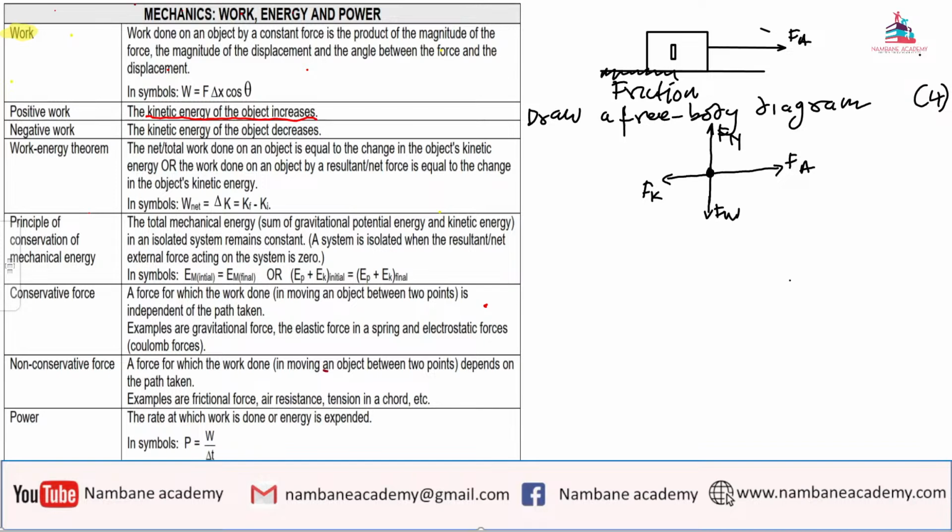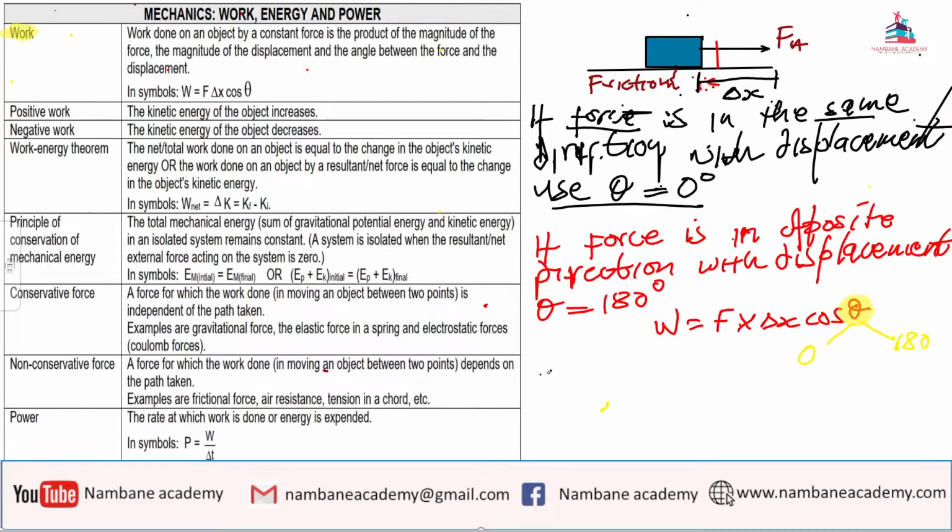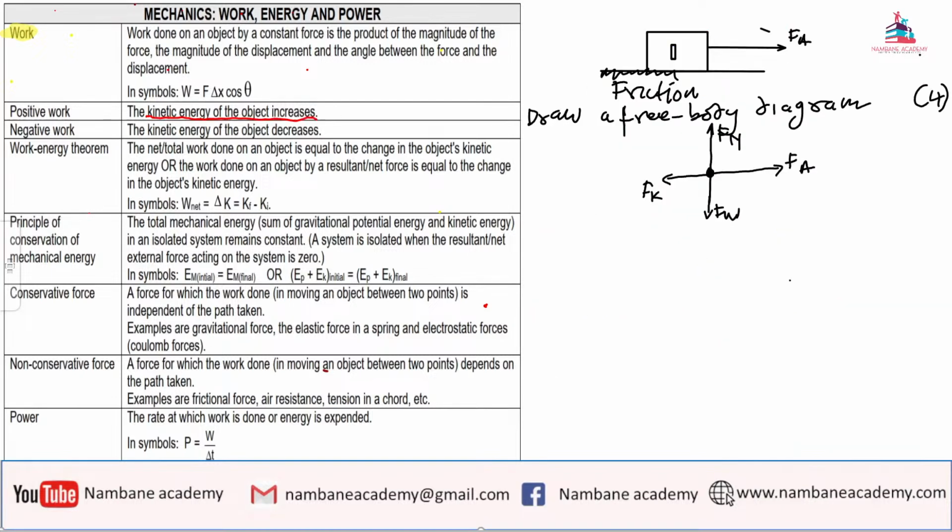Ladies and gentlemen, we said once we have cos of 90 is equal to 0, everything multiplied by 0 is 0. Which brings me to this particular diagram that we have drawn. It basically says work done by Fn is equal to 0 joules. One can also say work done by Fw is also equal to 0 joules. Then one will ask, but why?